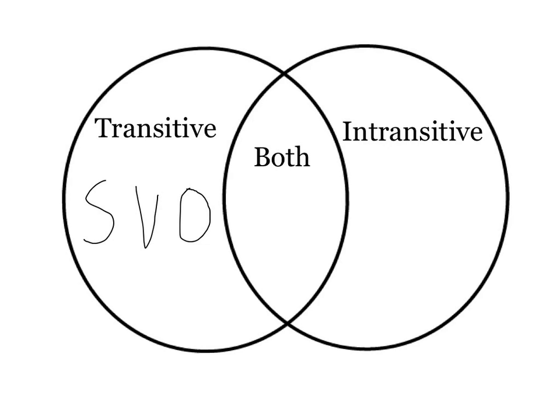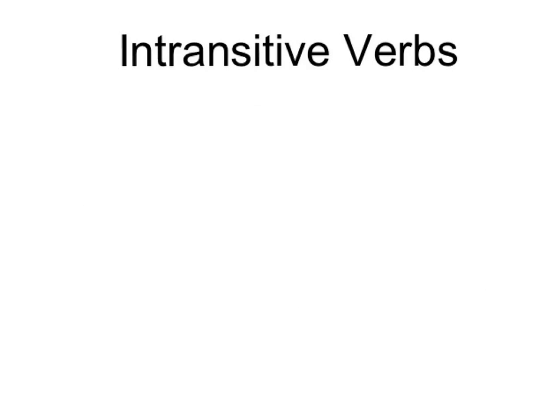What do you think the pattern is for intransitive verbs? Yeah, just subject, verb, no object. Although you might also have a prepositional phrase, an adverbial, or something to follow. So subject, verb, prepositional phrase, something along those lines, but certainly not subject, verb, object. So intransitive verbs don't take an object.